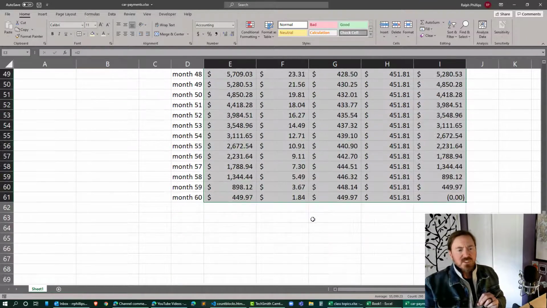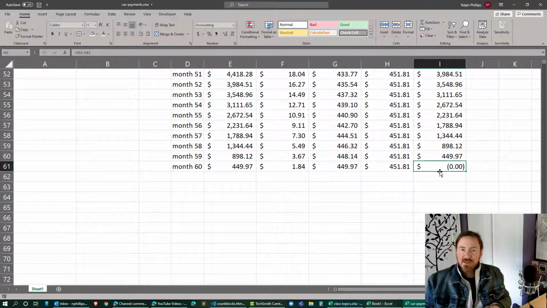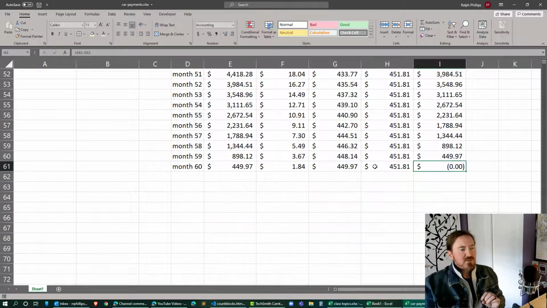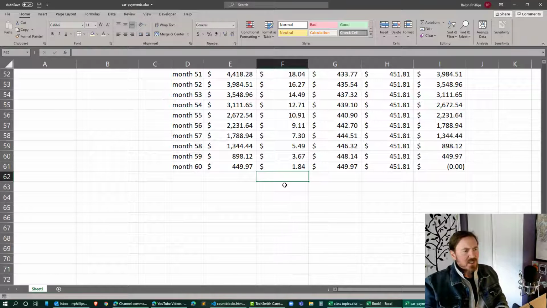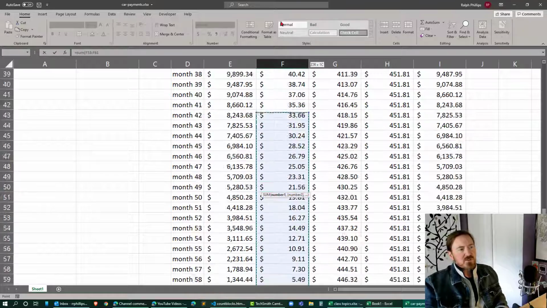We're going to know that we're successful if our ending balance on our last payment is zeroed out. We have paid off that loan. Now that we've made our amortization schedule, in fact, we can also do stuff like this. I'll put it actually down here. We can sum up all of the interest paid,